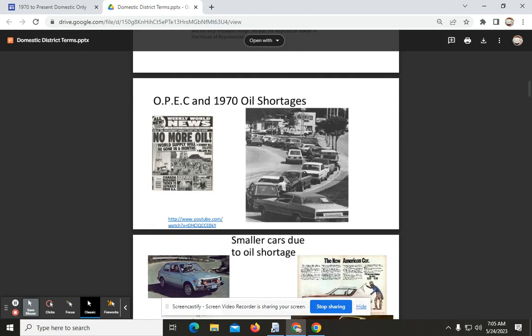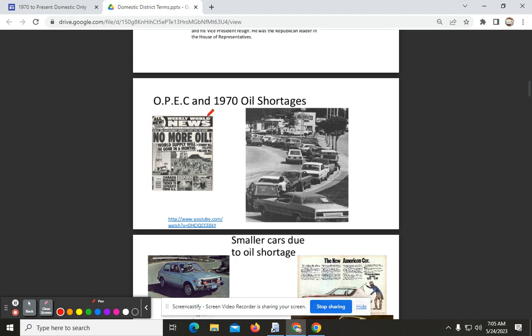This topic right here has come up several times, and it is the oil shortage. If we do not remember, after World War II, Israel was created. Surrounding Arab countries attacked Israel. So we'll put over here, this will be the Arab, this will be the Israeli side. And by the time it gets to the 1970s, there seems to be a lot of Arab support,